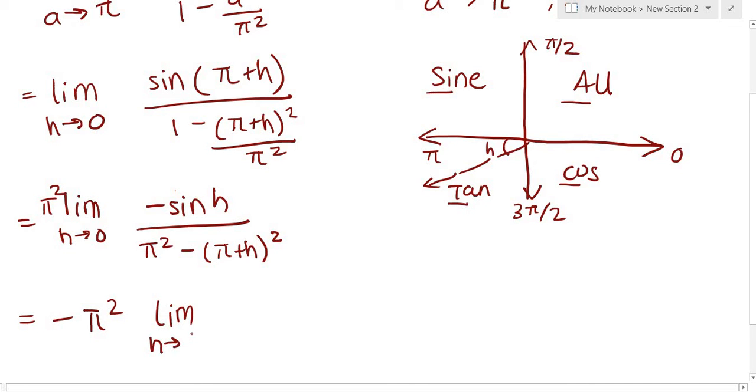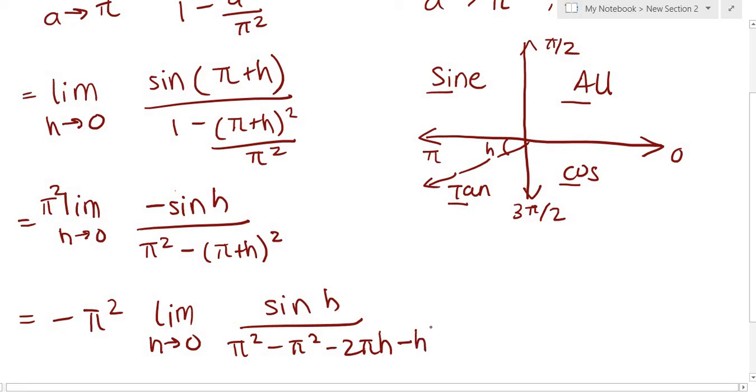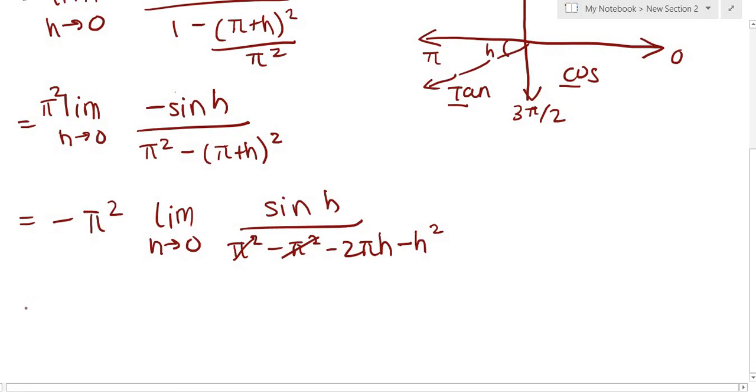Limit as h tends to 0 of sine of h, and I totally want to expand the bracket in the denominator. So we have pi squared minus 2 pi h minus h squared, because the pi squareds cancel out. And I want to pull the negative from the denominator out, and the negative cancels with this negative. So we just have pi squared times the limit as h approaches 0,